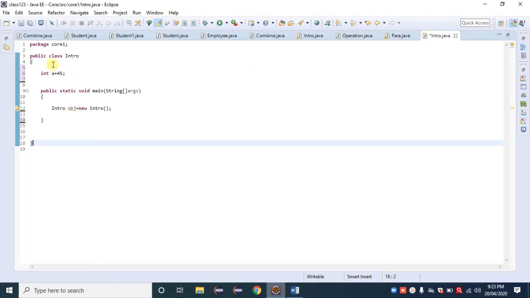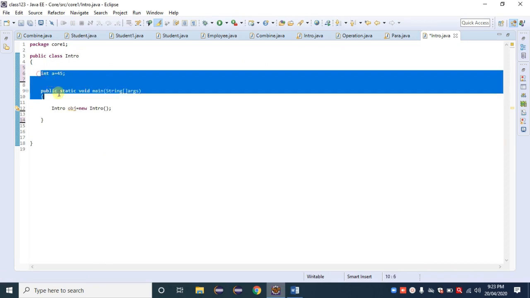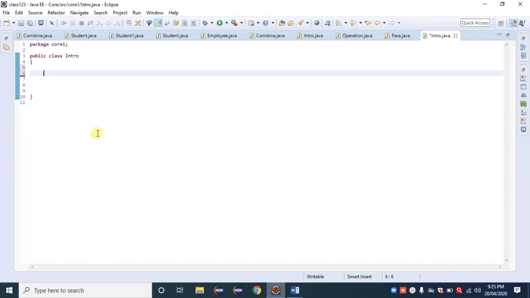So inside an Intro class, I am creating a non-parameterized constructor. We know the syntax of a constructor: the access modifier, and I am using public as the access modifier here. There is no return type for a constructor, and the name is the class name.